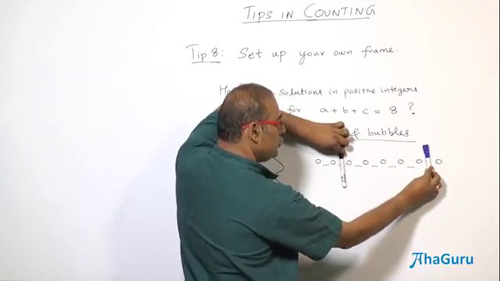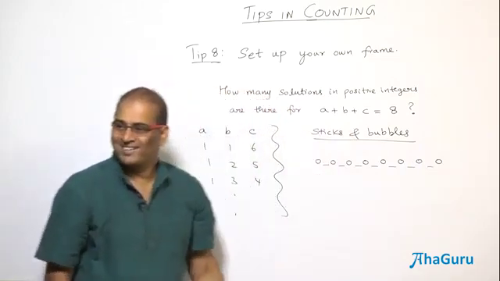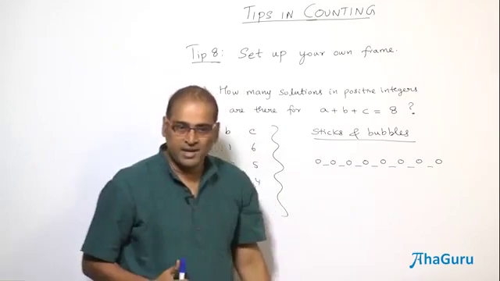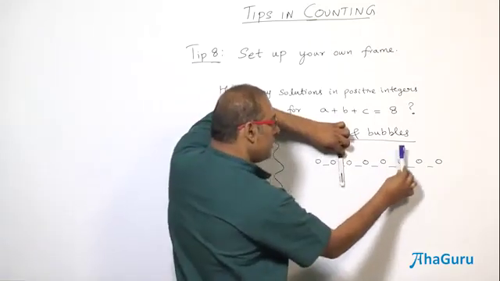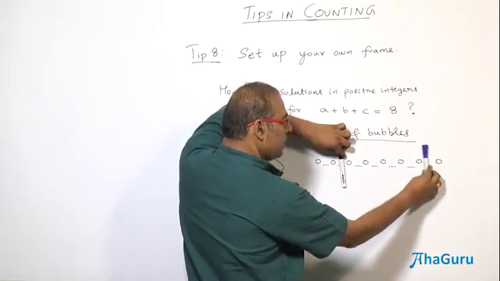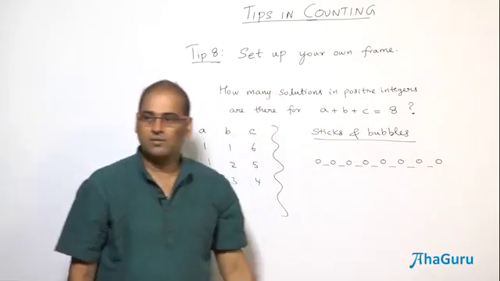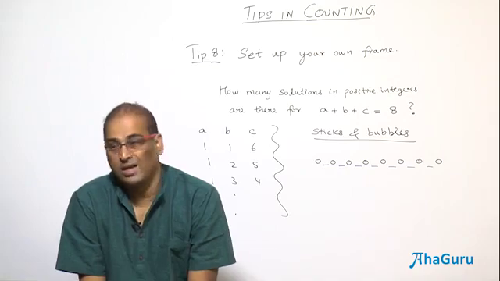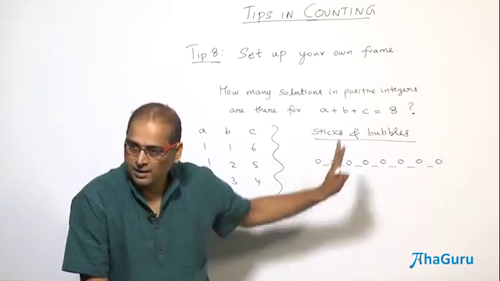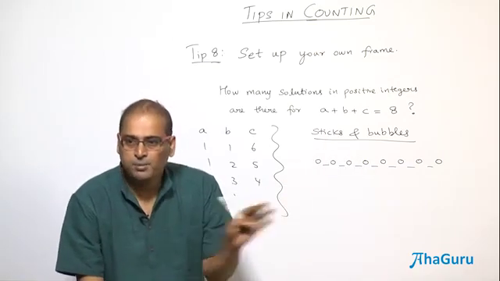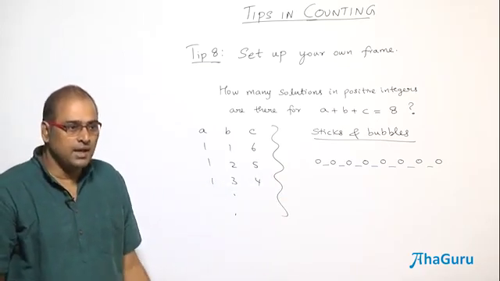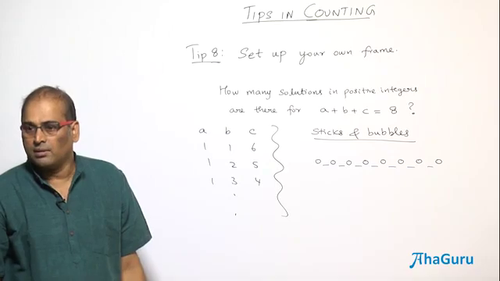So what do you see? 2, 5 and 1. You know what it means? The first compartment goes for A, the second one goes for B, the third one goes for C. So what is A if you place the sticks? The number of bubbles to the left of the first stick is going to be A, and the number of bubbles between the first and second will go for B. The number of bubbles after the second will go for C.